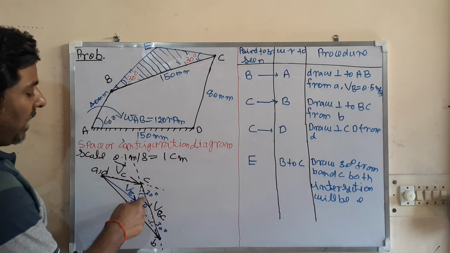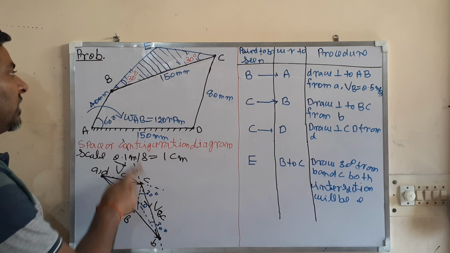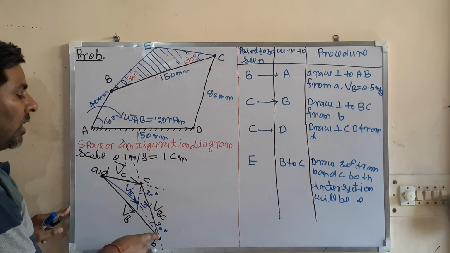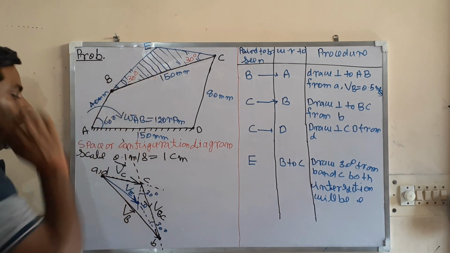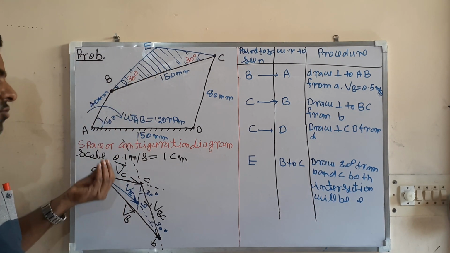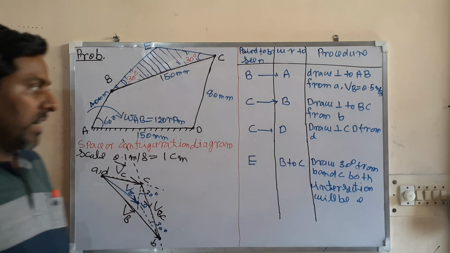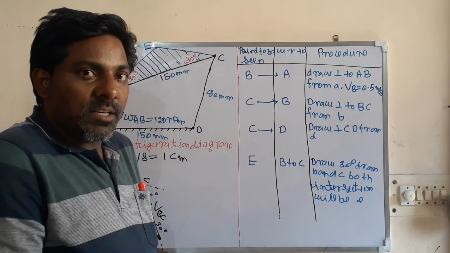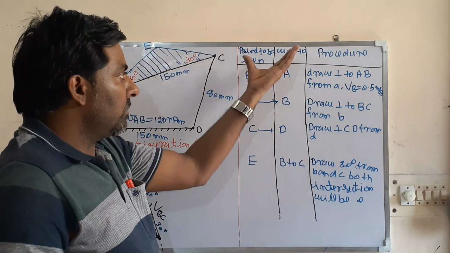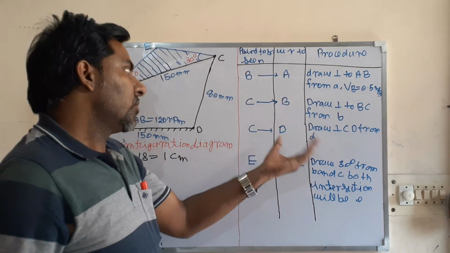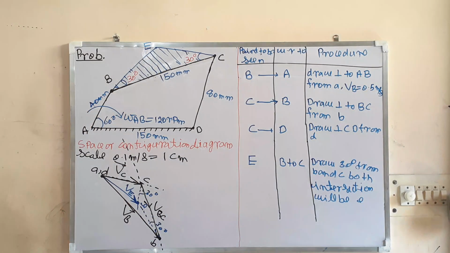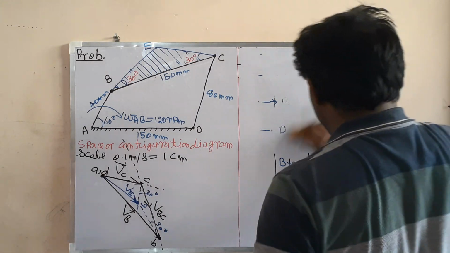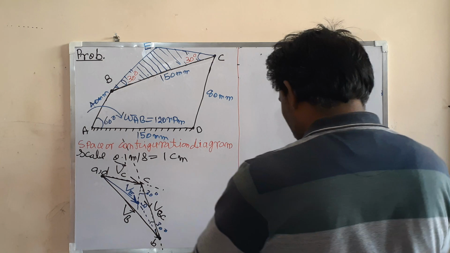What will be the CE? That will be the velocity of point E with respect to C. What will be BE? That will be the velocity of point E with respect to B. So now you can calculate anything. That is for your help. Later, when you solve the problem, I will not write out this procedure, I will just tell it. In that way you can make your own procedure. So after drawing the velocity diagram, you have to do the calculation.